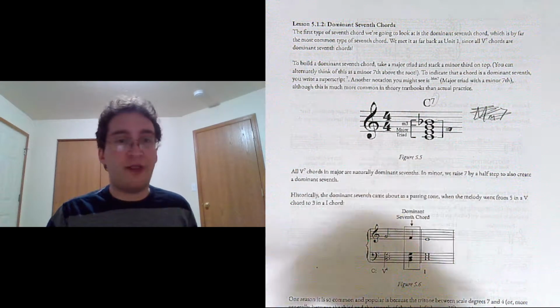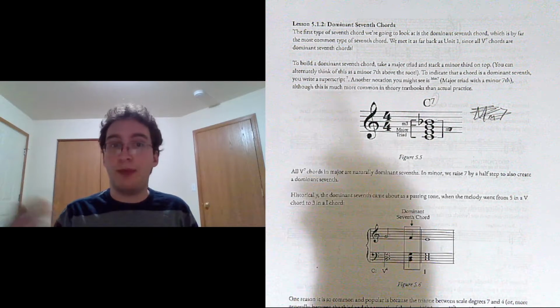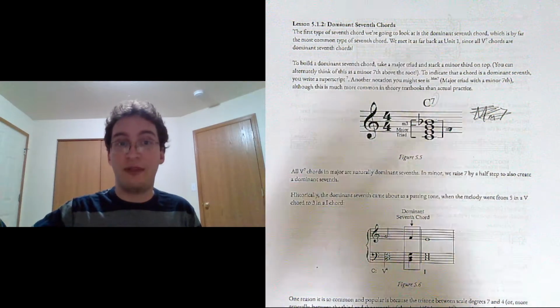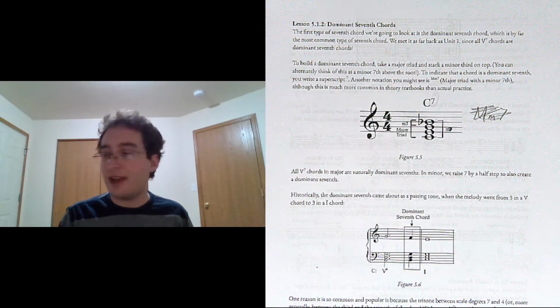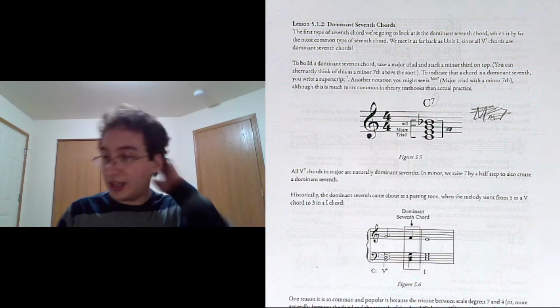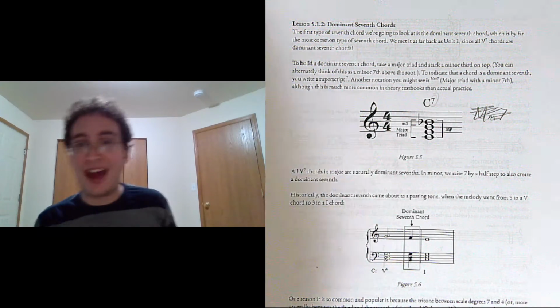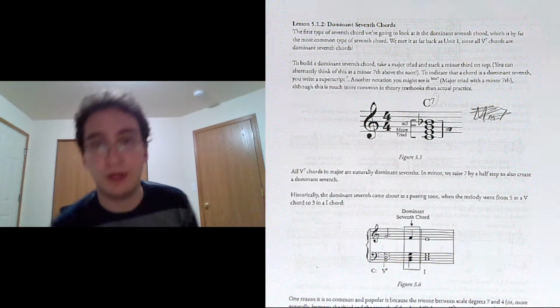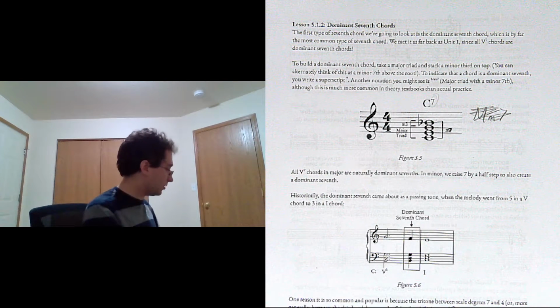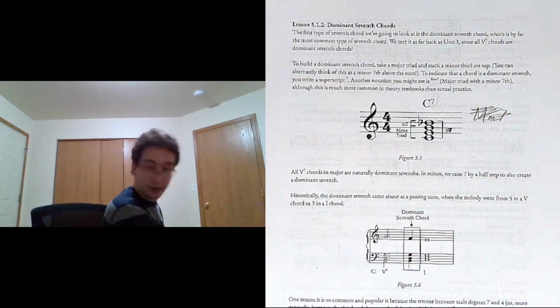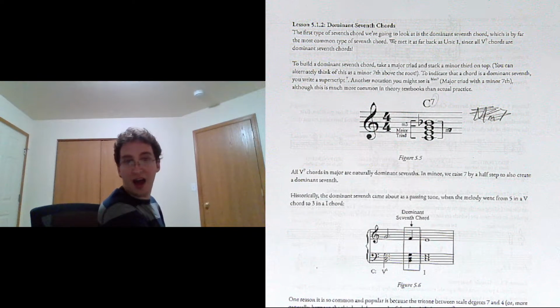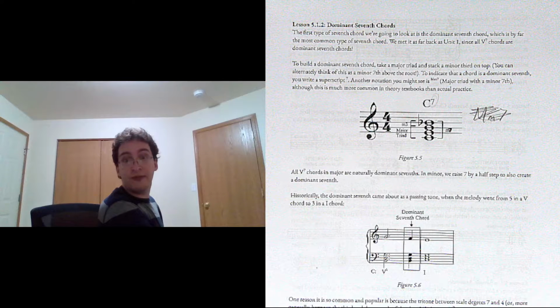So in major, all 5-7 chords are naturally dominant 7s. In minor, we raise flev to sev to also make them dominant 7s. And historically, the reason that 5-7s have that 7th is because it used to be a passing tone. So you start with your 5 chord. Here it's in first inversion. And you have 5 as your melody note. And then have a passing tone down to 3. 5,